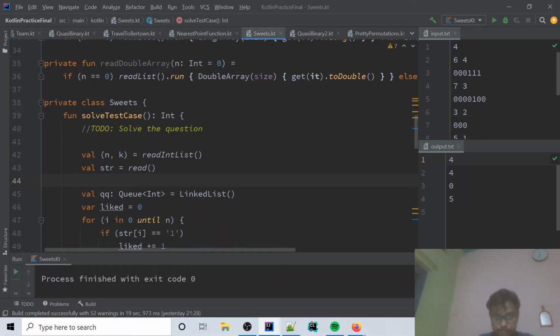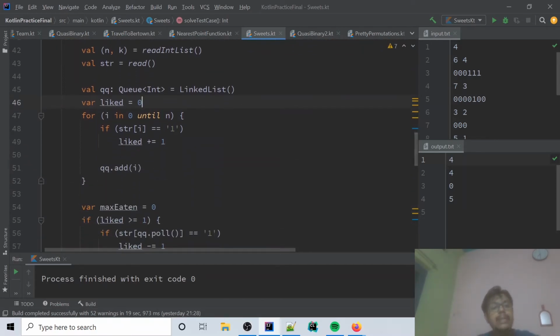Okay, so that's why. And now we have taken the string as input as well. Now we are declaring a queue. I'm using a linked list for the queue, in Kotlin. There is a liked variable which is initially 0, and now I will iterate over this string, which basically implies which suites C likes and which suites C does not. So from i in 0 until n, and if the ith index element of the string